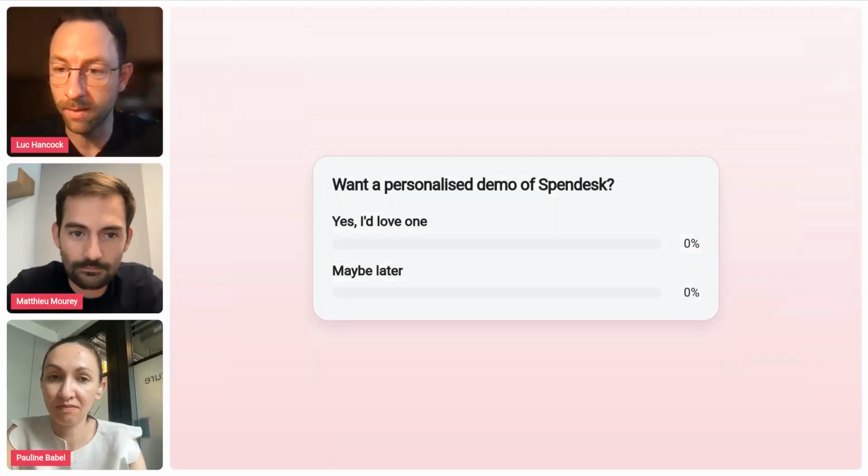And if the data is clean, then you have that added context that makes using Spendesk MCP so much more powerful. So just like Dust, if you want to talk to a Spendesk rep and get a more personalized assessment for your situation with Spendesk, you can feel free to vote. I will put it on live for you to vote, and you can have a look.